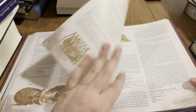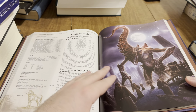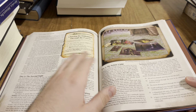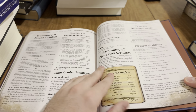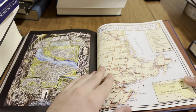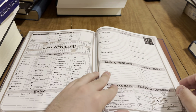Yeah, and there's one other book, I guess it's the Investigator Handbook, but it seems like you can just play the game with just this if you want to. There's appendices, and oh, okay, we've got a map, maps, character sheets,